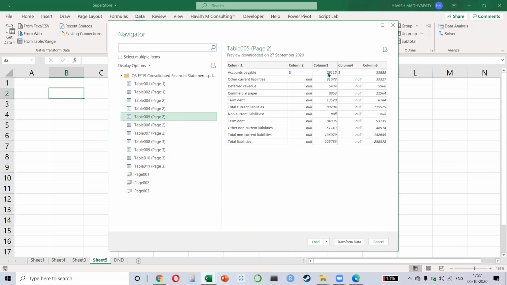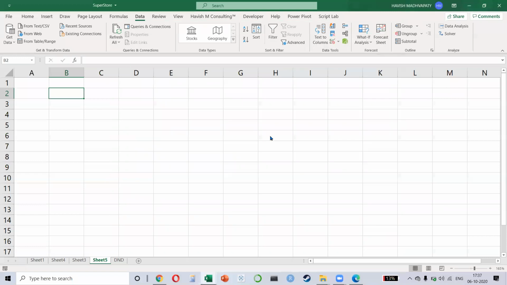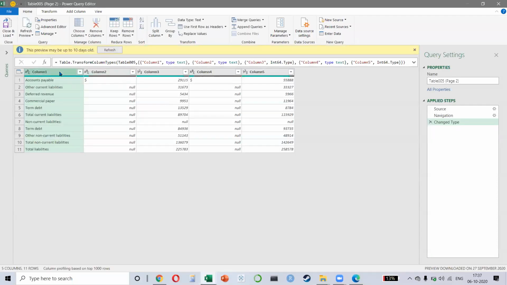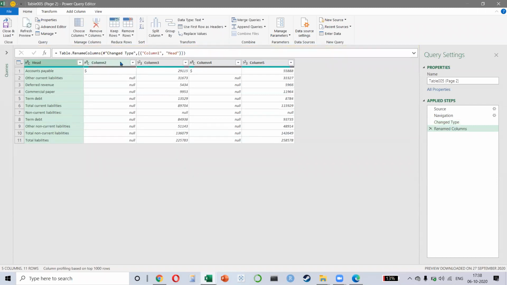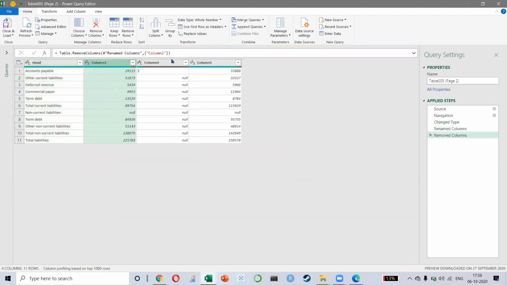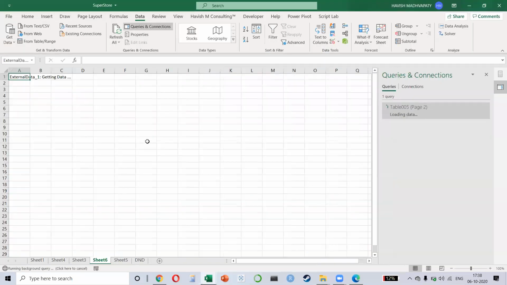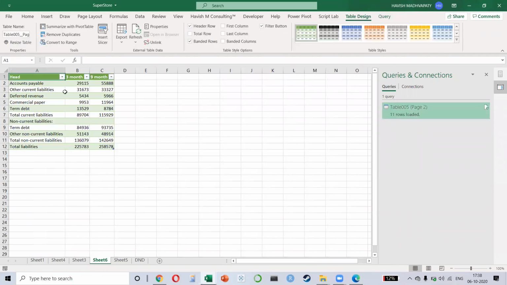Is it 100% correct? Not really. I don't have the headings. There are some additional columns. So I can just click on transform data. And all we have to do is now to clean it up a little bit, right? So we want to do data transformations. I'll call this my head. We don't need this column, so we can remove it. We don't need this column, so we can remove it. I'm just giving it a random heading. So I'll just call it my 3-month, and I'll call this my 9-month, right? So everything is working properly. Just click on close and load, and that's it. Your data has now come on Excel, right? Beautifully formatted.